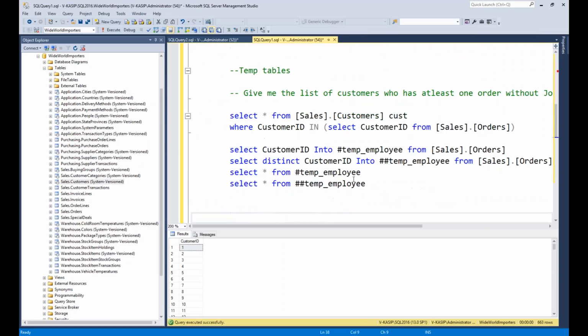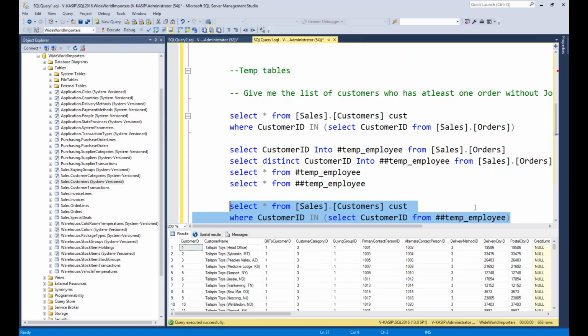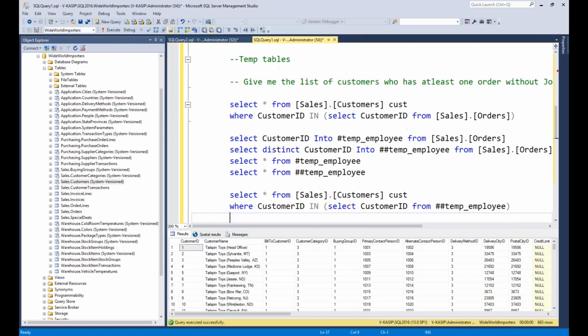Now, by using this hash temp employee, here I can simplify this query. I can write select customer ID from hash temp employee. I can write like this, 663. If I want to write the join, what is the join I need to write?